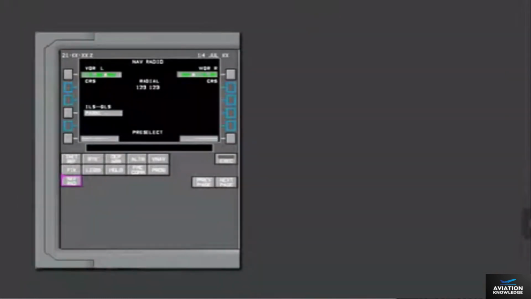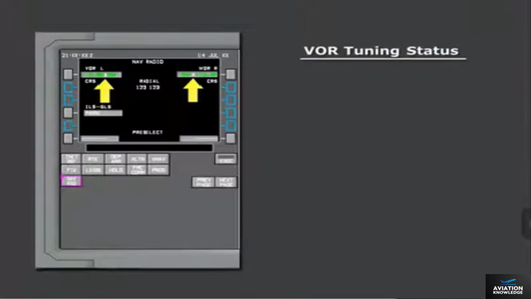Line 1 on the nav radio page shows VOR left and right tuning information, including frequency, tuning status, identifier, and current radial from the station to the airplane. The tuning status indicates how the frequency was selected. Possible statuses include